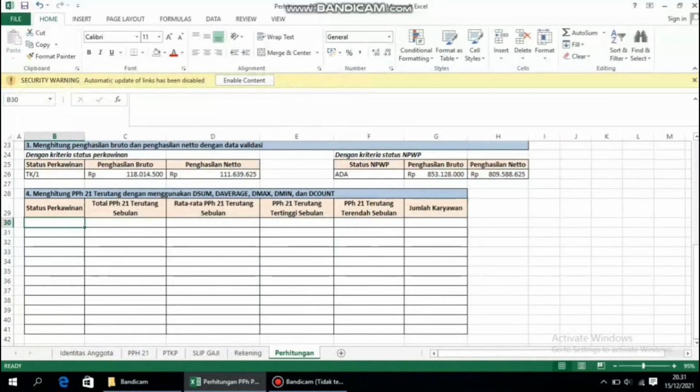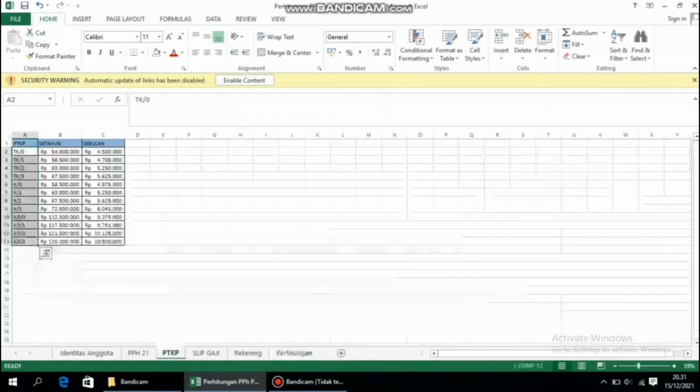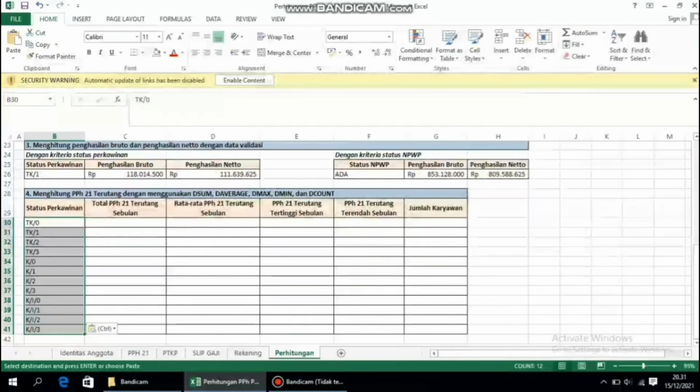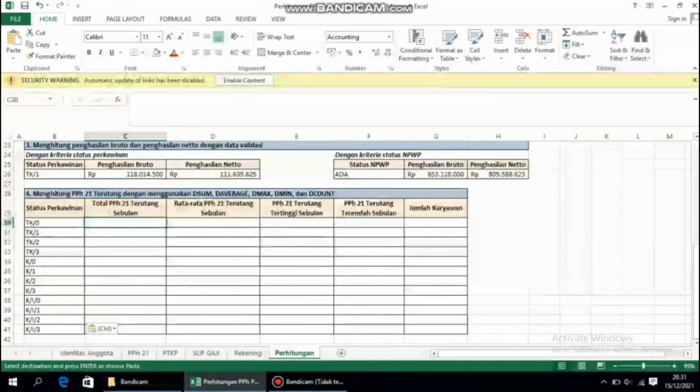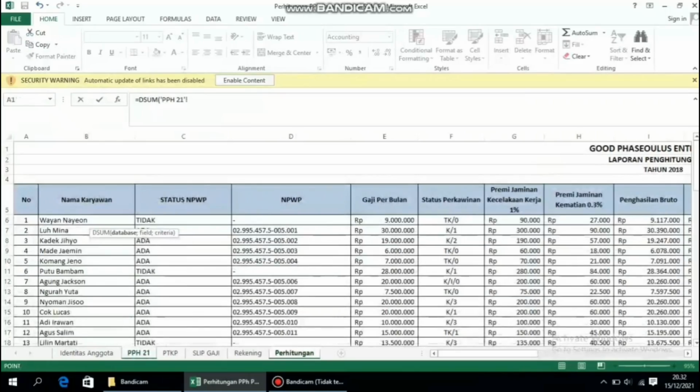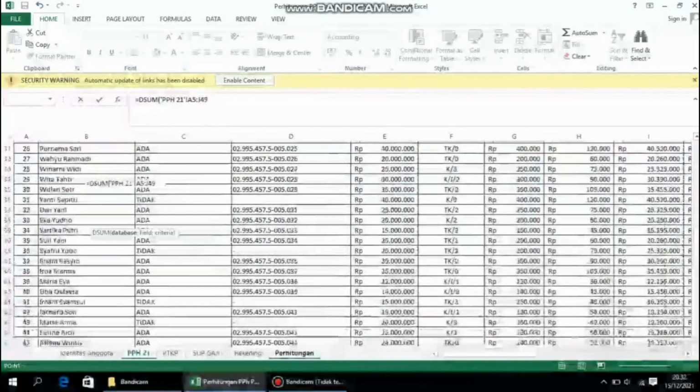We will find the payable PPh using the sum, the average, the max, the min, and the count. We copy the marital status from the PTKP sheet. After that, we will calculate the total PPh 21 amount with the sum formula: open brackets, we move to the PPh 21 sheet, then we block all tables,